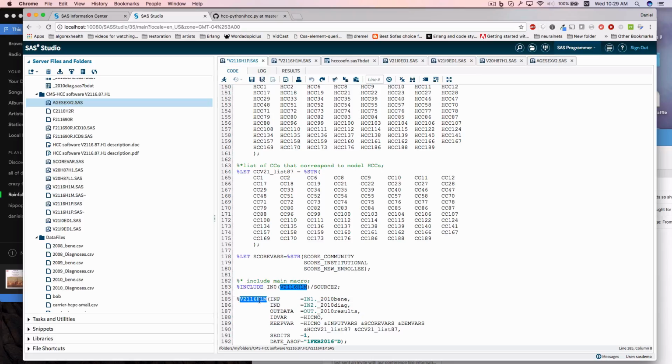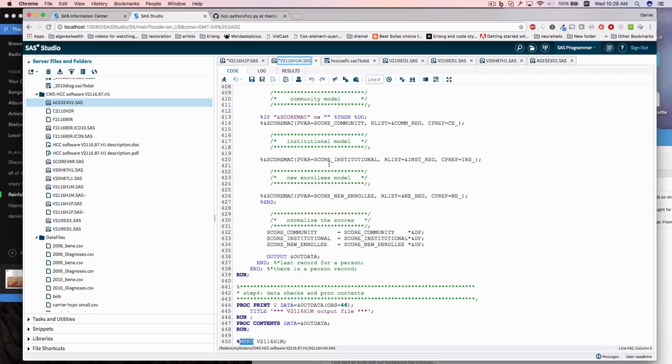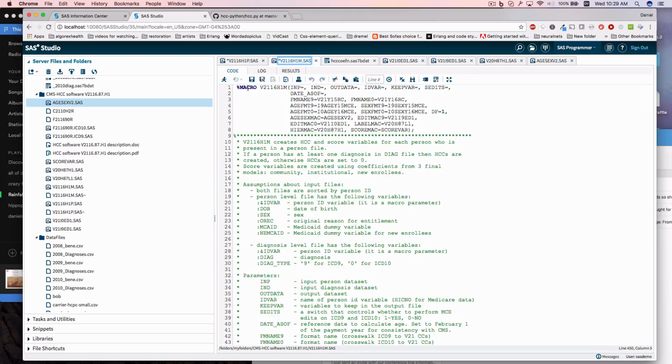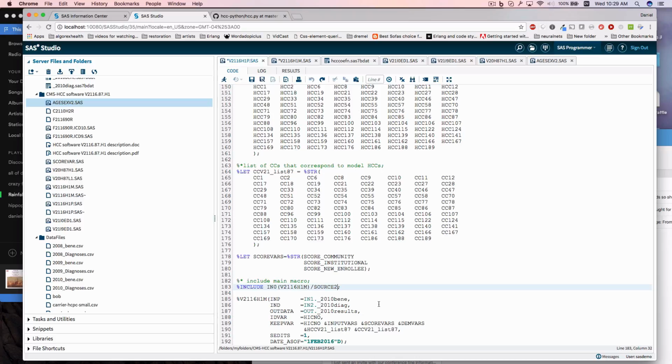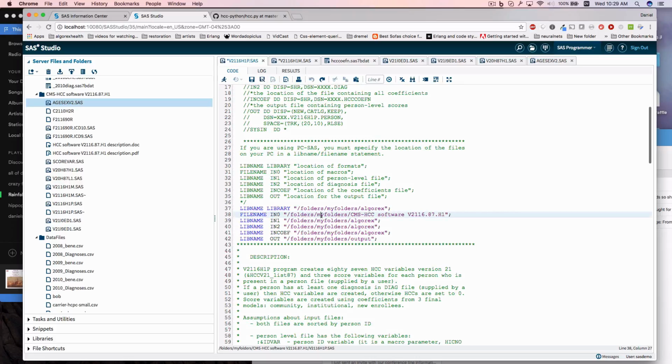Yep. So this v2.11.6h1m can only be called because someone defined the macro v2.11.6h1m. What's the line before? Go back to P. What's the line before then? Or it's like divide by source 2. What this does is it literally includes the location in 0 right here, the location of the file of